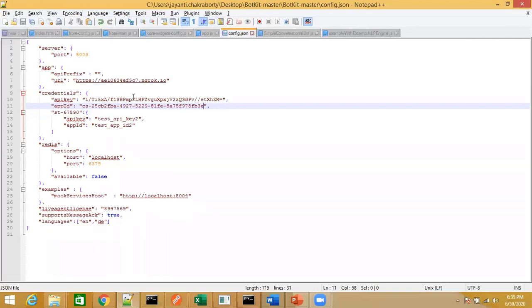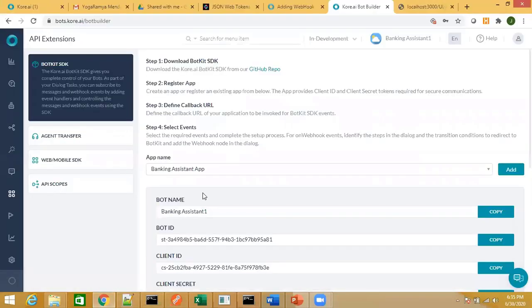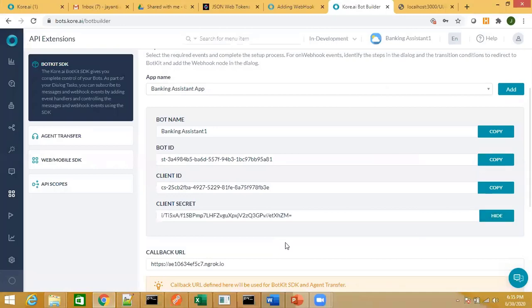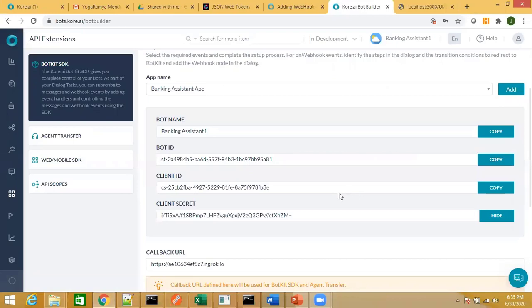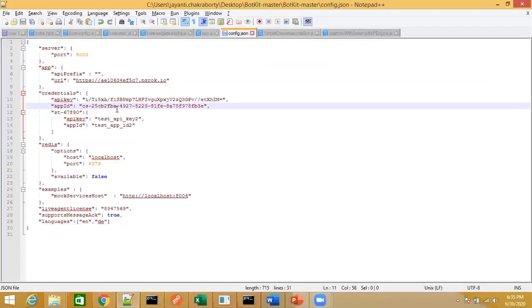API key is the client secret and API ID is the client ID. You can see over here I have copied these two things. This is my client secret, and this is my client ID that I have copied over here. So these are the things that you need to configure in the config.json file.